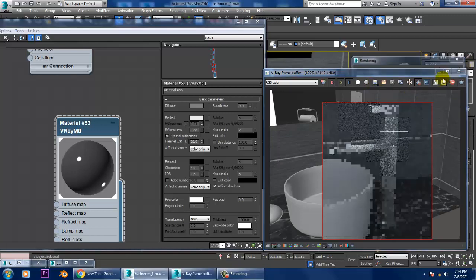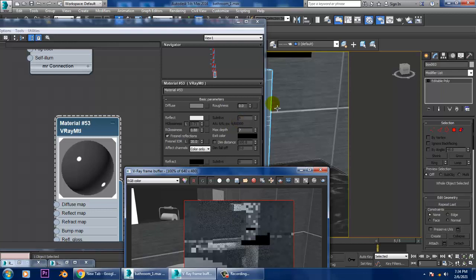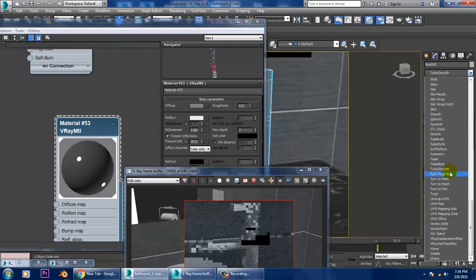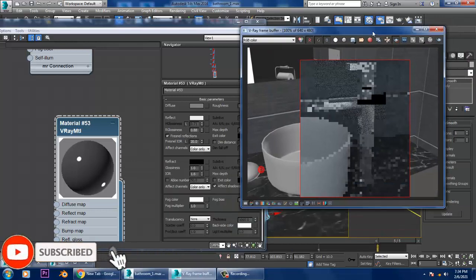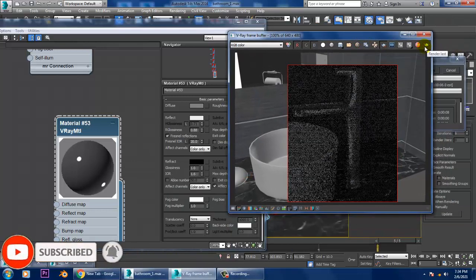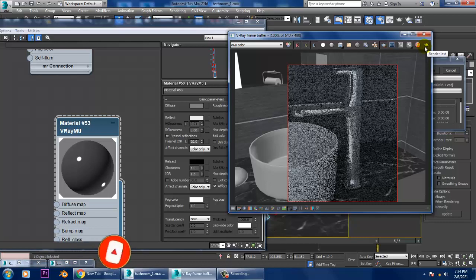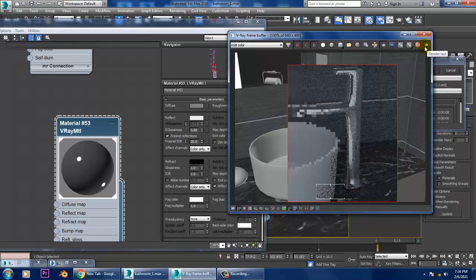So the thing is we haven't smoothened it, so we can just select this and let's give turbo smooth and let's render it, much better. Still we can make a few more changes to it.